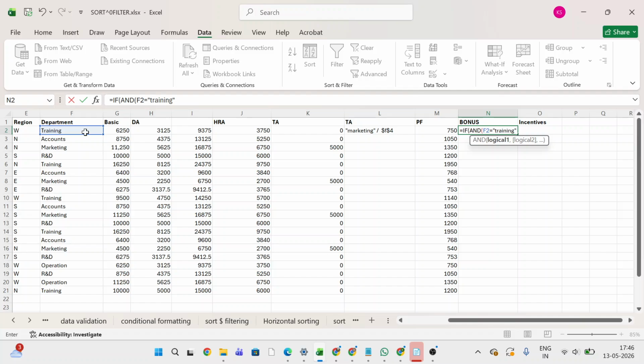Okay, and one more condition I have is my E2. What's my E2? Region. My region should be equal to west region. Clear? Here my AND function ends. I've given the two conditions. If both of my conditions are true, then I'm giving